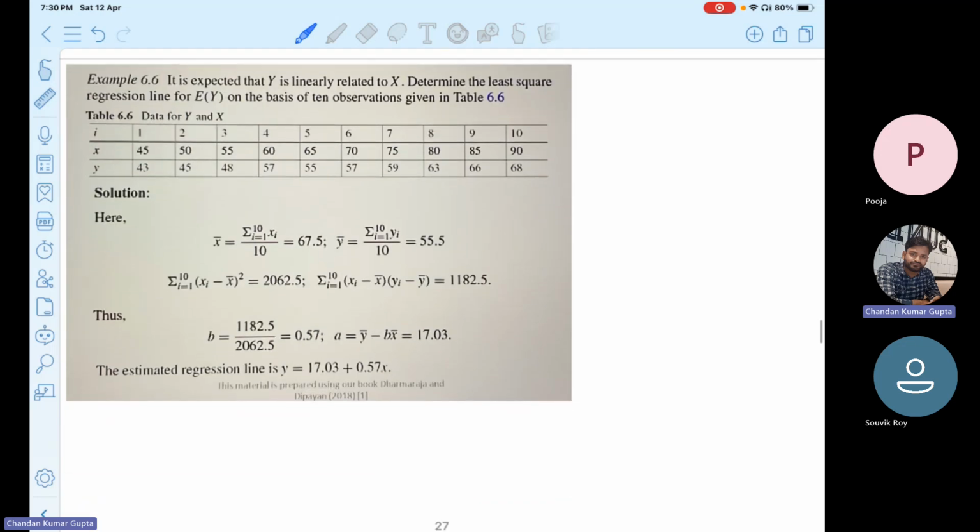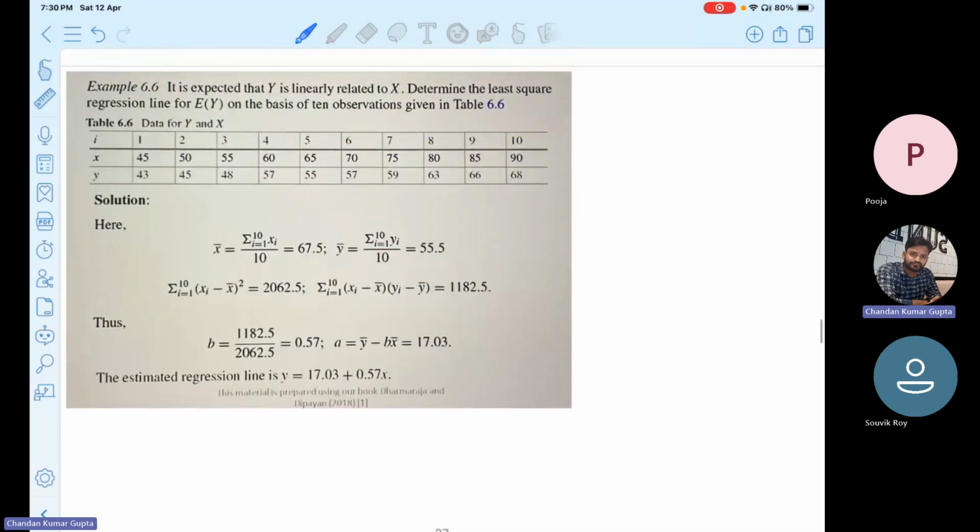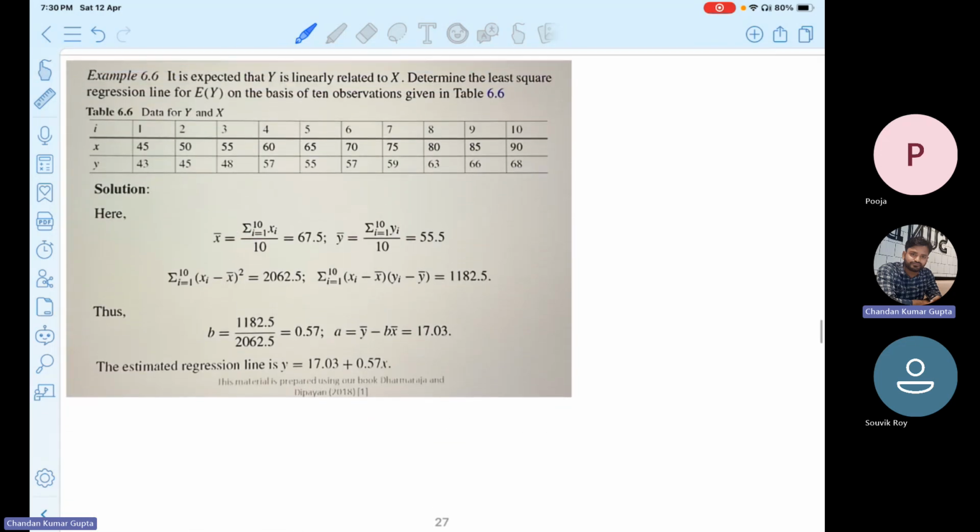Now the next, there is a question actually. It is expected that y is linearly related to x. Determine the least square regression line for the expectation of y on the basis of 10 observations given in the table. Here again we don't need to do anything actually, since it is already solved. But let me